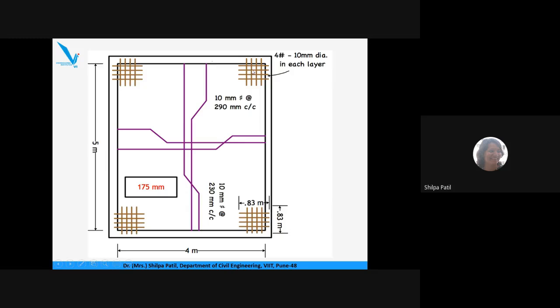Now in each corner, the torsion reinforcement is provided. See here, it is like a grid. This is the top grid. Below this, there will be one more grid. So bars are provided in 4 layers. This is the topmost layer, first layer along say y-axis. Second layer is along say x-axis. Below that, there will be one more layer along y and along x-axis. How many bars are there? 4 bars having diameter 10 mm in each layer. And the length of each bar is calculated as 830 mm. So 0.83 meter is the dimension of the torsion reinforcement.